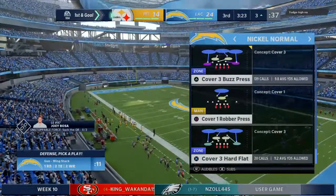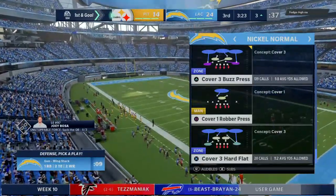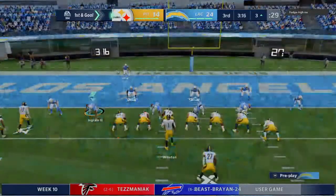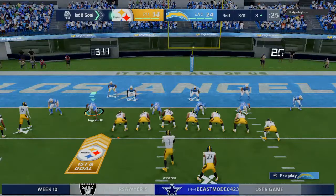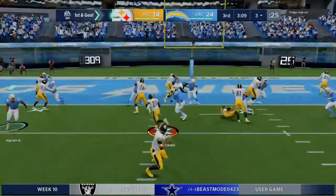So a decent deficit at this stage in the second half. 4-down territory? No doubt about it. There's not a chance that he hasn't looked ahead and said, okay, if we gain yardage on this play, this is what we'll do going forward. If we lose yardage, this is the...